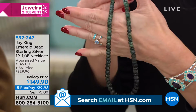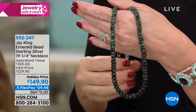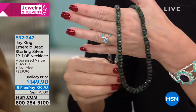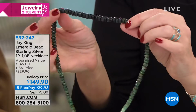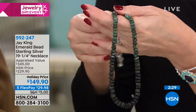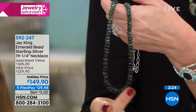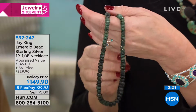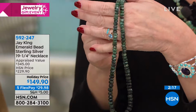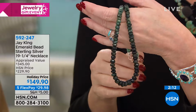This is 19¼ inches in length with a 2 3/4 inch extender. So it will go from 19 to 22 inches or anywhere in between. Every single stone that you see here, every single one, is an emerald. So you're not getting an emerald pendant or a pair of emerald earrings. This is a strand, a complete strand of beautiful, natural, genuine, untreated, unoiled, real emeralds, and they were appraised at